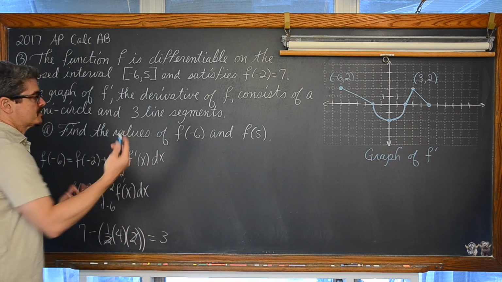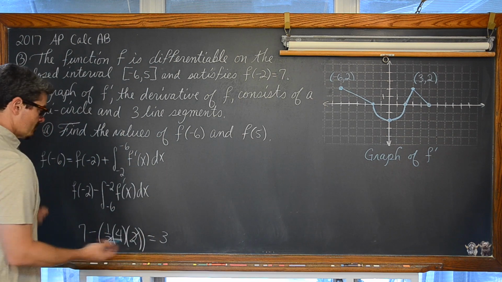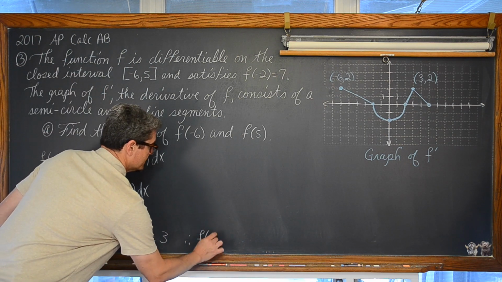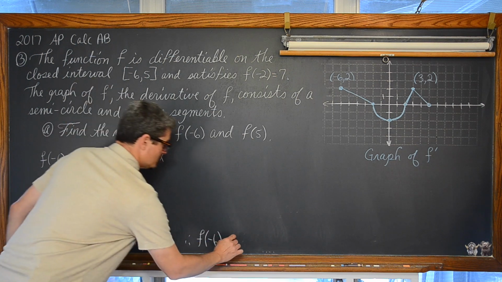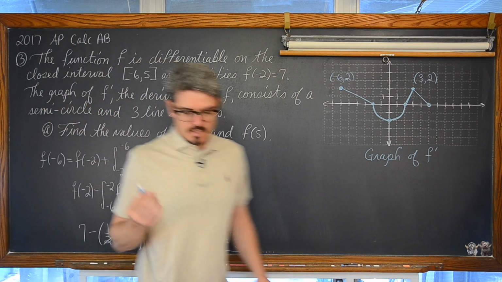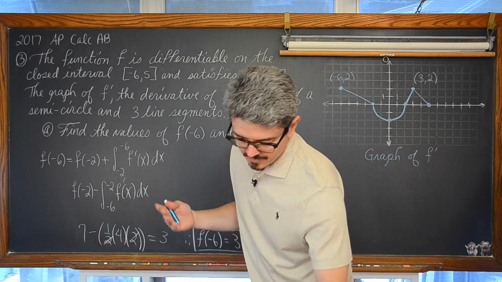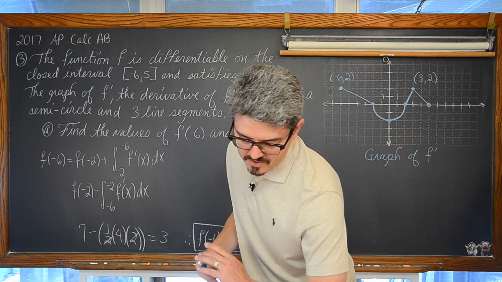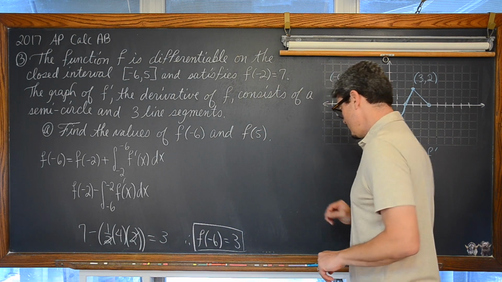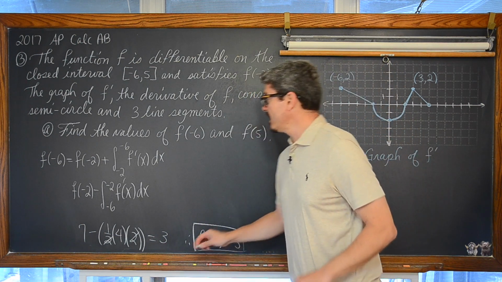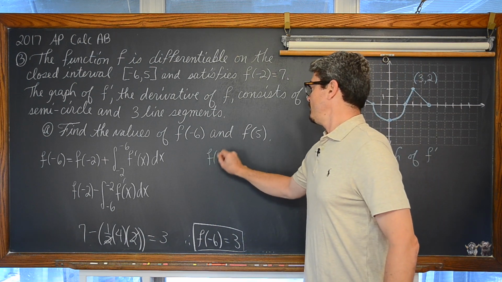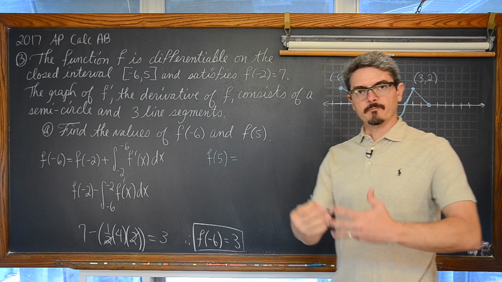Well, it's just equal to 3. I was going to say 3 units, but that just therefore means that f of -6 is equal to 3. And that's half of our answer. Just make sure I don't make some careless mistake. Boom, perfect. Now, for the second part of this question, we're asked for f of 5. Well, the same thing, okay?